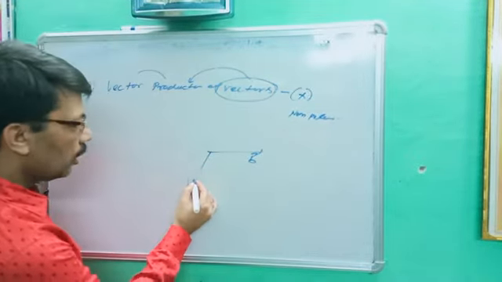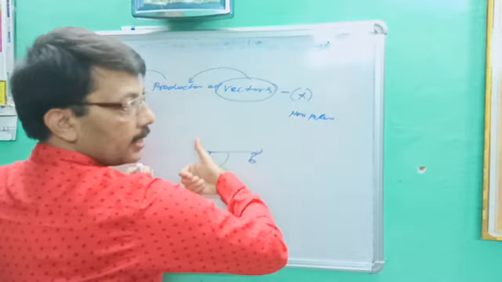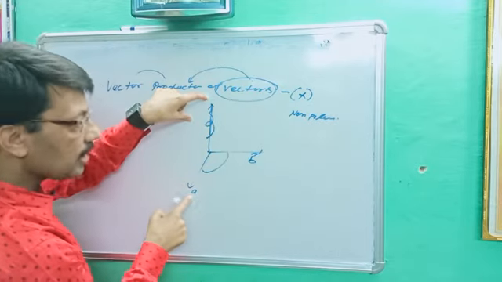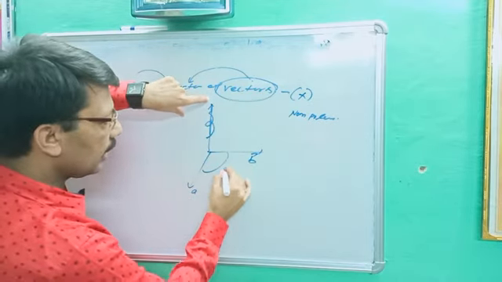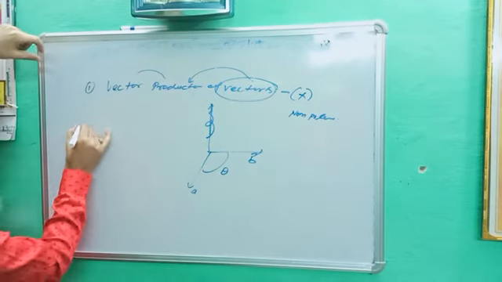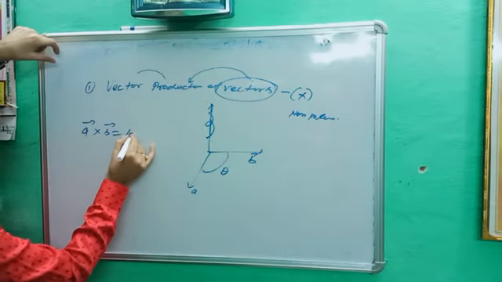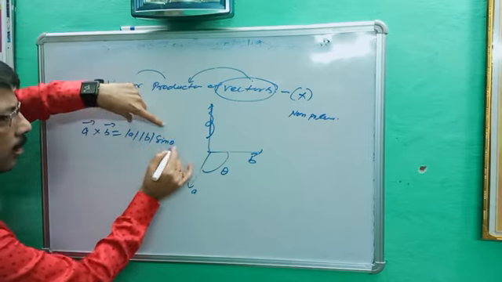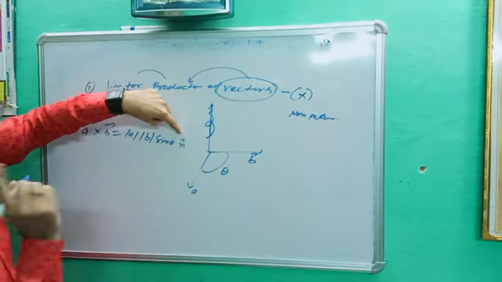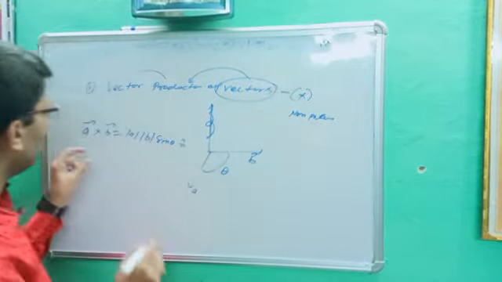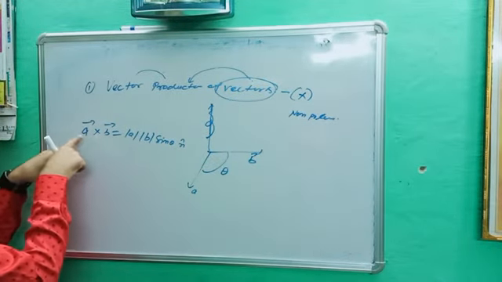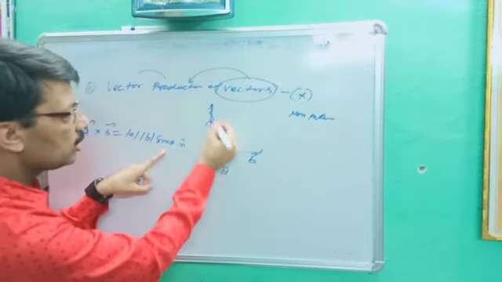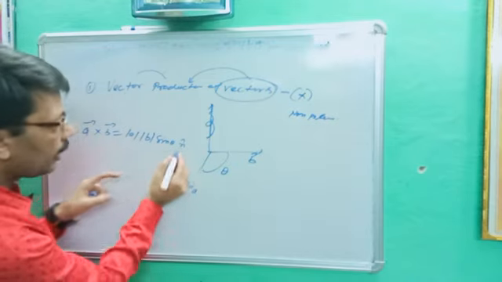Are you getting it? Let's suppose A rotates towards B like this, right hand thumb rule. So what is the direction? This is in x dimension, this is in y dimension, and this angle is theta. So it becomes A vector cross B vector is equal to mod of A mod of B sin theta. It's okay, this is scalar, but here you have to put n cap. N cap could be i cap, j cap and k cap. Are you getting the point? In that case there was a dot. Here we are taking cross. A cross B is equal to mod of A mod of B. That was cos theta. It is sin theta because it is perpendicular, and for perpendicular you have to use sin theta. And here we are putting n cap.